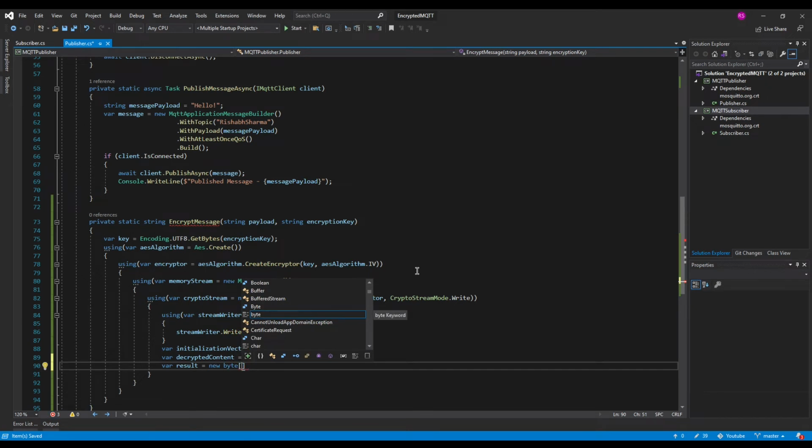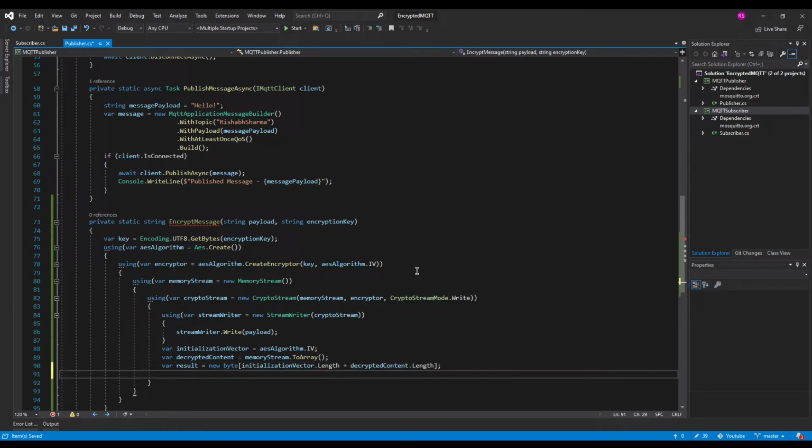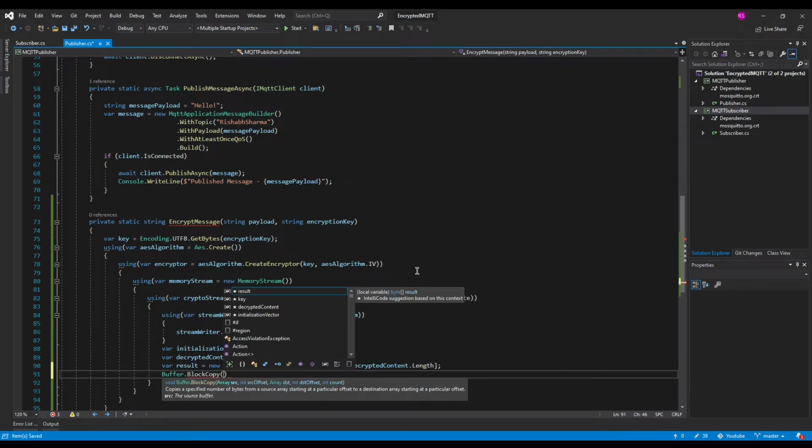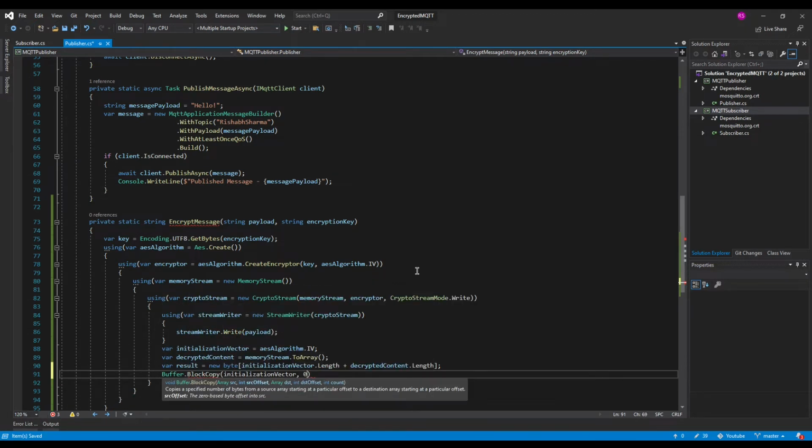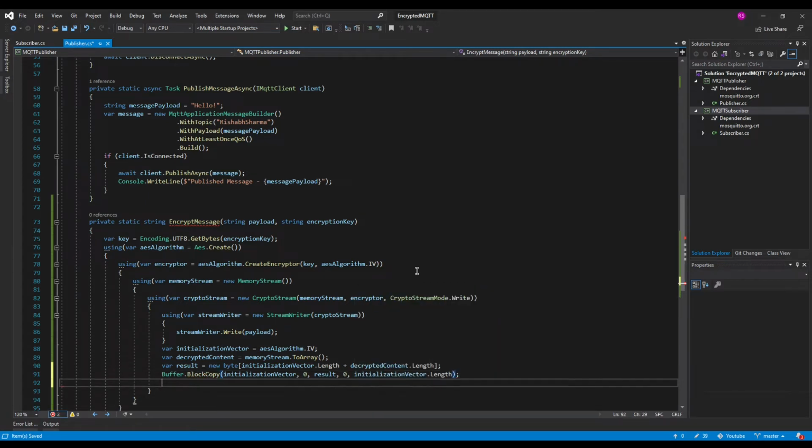The size of the byte array will be the length of the initialization vector plus the length of the encrypted content. Now we will first copy the initialization vector's value inside the result array, starting from the 0th index till the entire initialization vector ends.